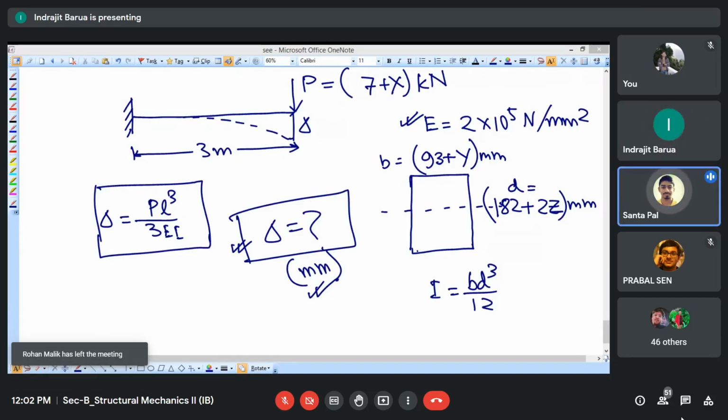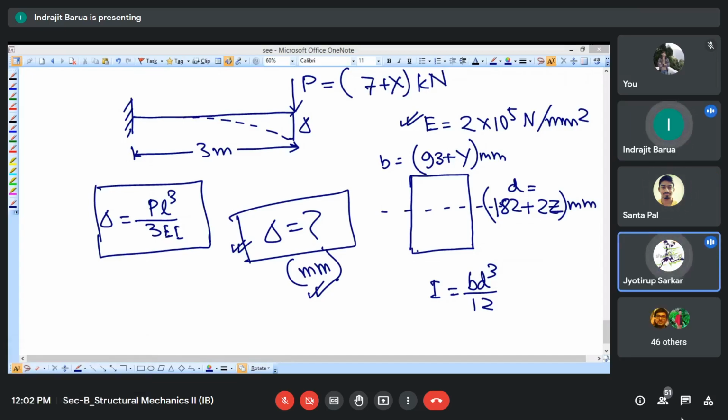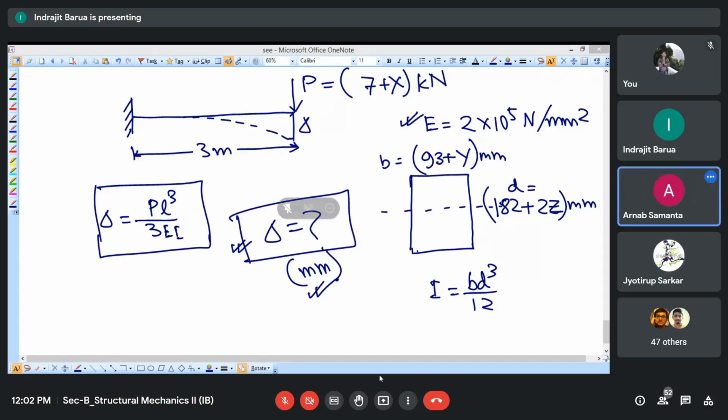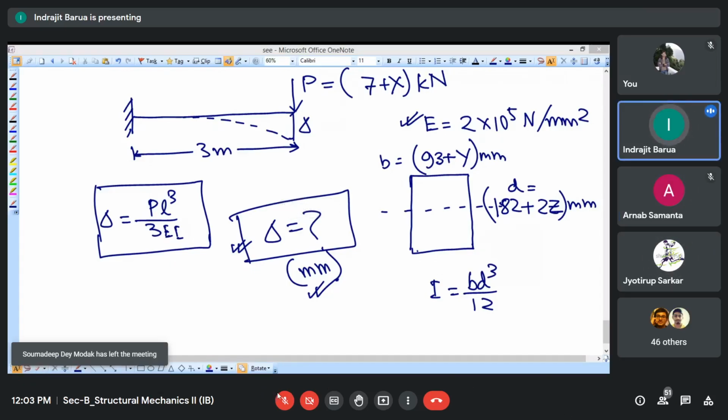স্যার এই মেথডটার নামটা কি স্ট্রেন এনার্জি মেথড না মোমেন্ট এরিয়া মেথড? স্ট্রেন এনার্জি মেথড। মোমেন্ট এরিয়া তো তোমরা আগের সেমিস্টারে শিখেছো। আচ্ছা, এখানে মোমেন্ট আর এরিয়া দিয়ে কোথায় কিছু করছি? মোমেন্ট এরিয়া এখনো স্যার হয়নি আমাদের। আমি তো আগের দিন জিজ্ঞেস করলাম, তখন তো বললে তোমাদের হয়েছে। দিস ইজ স্ট্রেন এনার্জি মেথড। আমি ভেবেছিলাম আগের বার তোমরা করেছো।